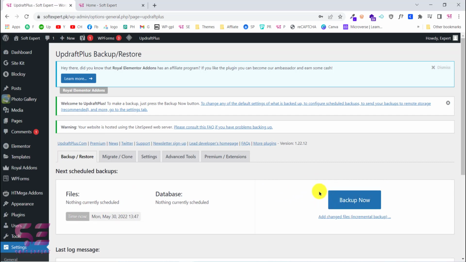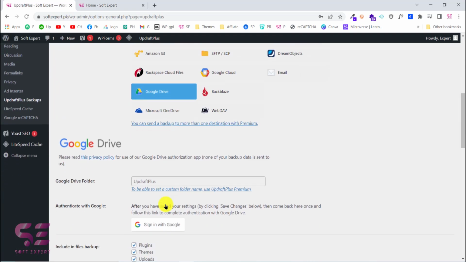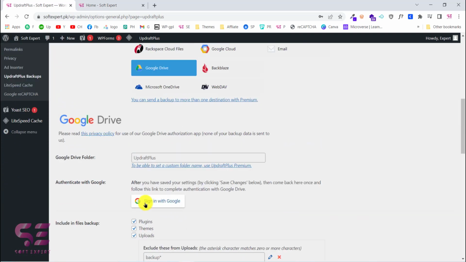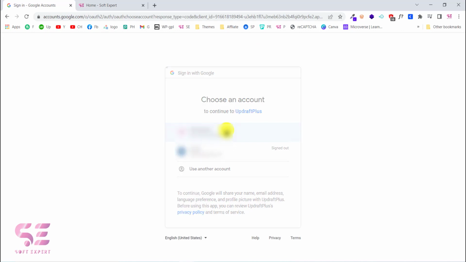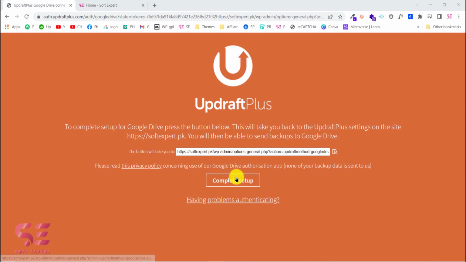But before that, let's see the storage options. So for that, you can go to settings, and here we have these options where we can store our backup file, and the method is pretty much the same. I'll do one for you and you can do the same for all of these. In my case, I'll choose Google Drive, and you can choose any of these. So if I click, this will open this thing where I can sign in with my Google account. So I'll click this. We can leave this page, and here we will choose our Gmail, and we'll click allow, and then just click on complete setup,